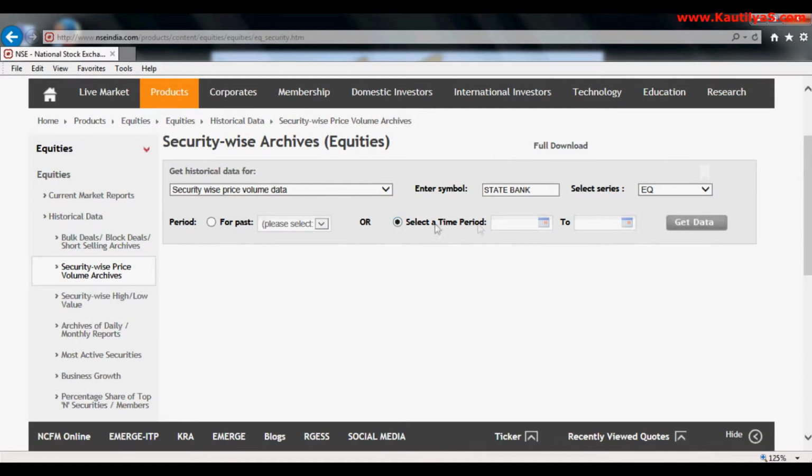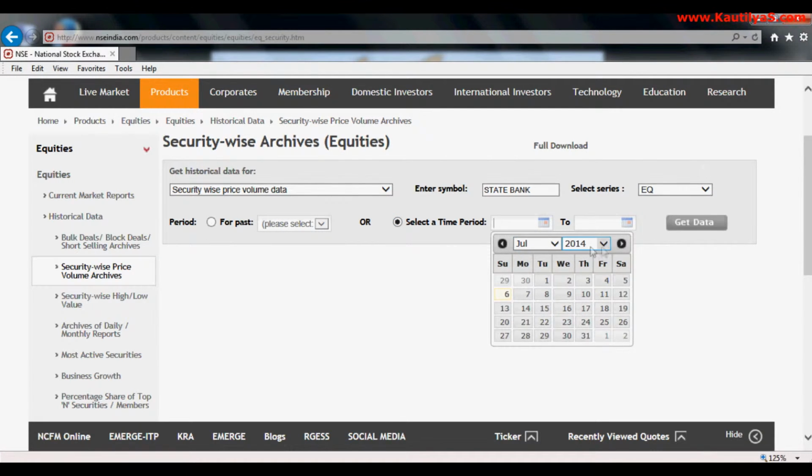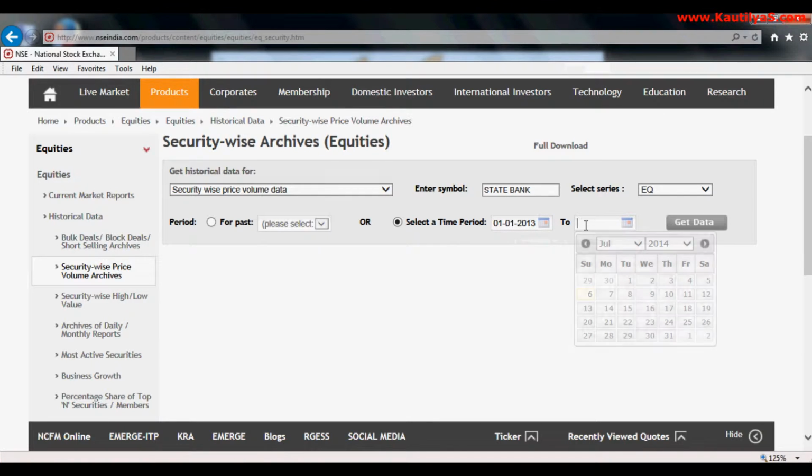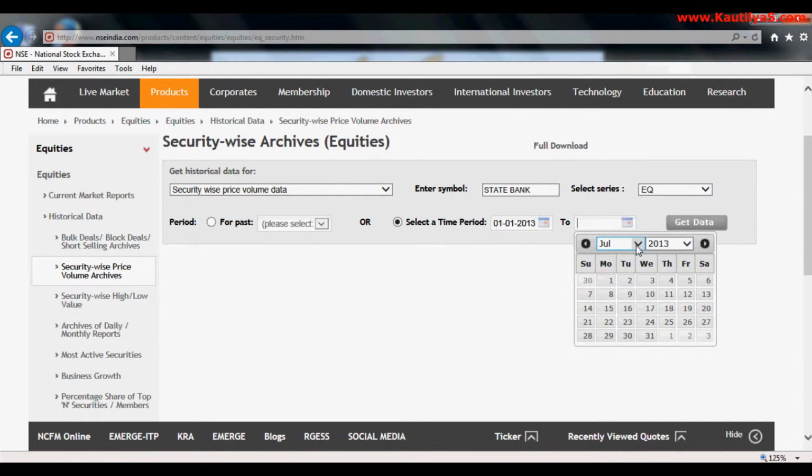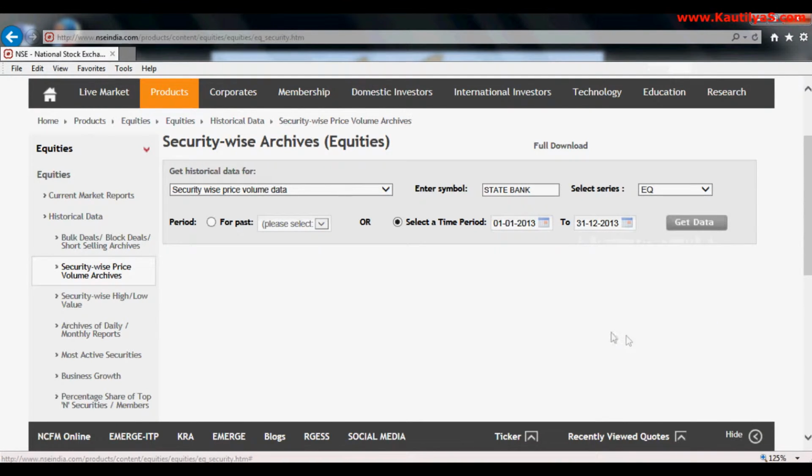I go for select time period, so I want data from 2013 Jan 1st till 2013 December 31st. I'm taking a full year of data, so click Get Data.